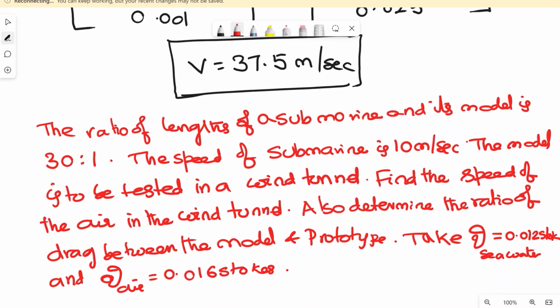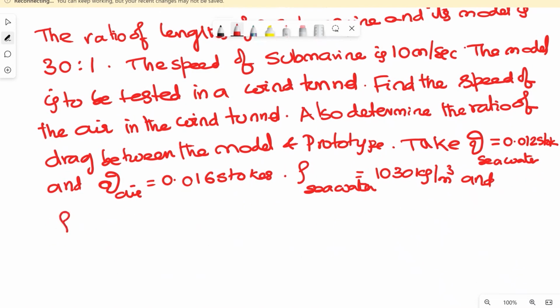Similarly, rho for seawater is equal to 1030 kg per meter cube and rho for air is equal to 1.24